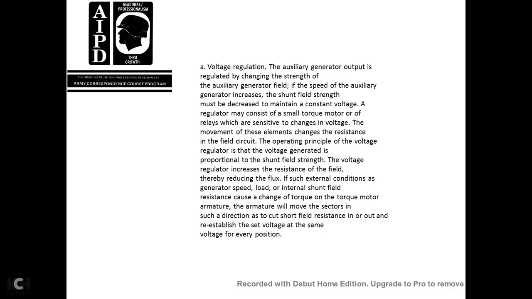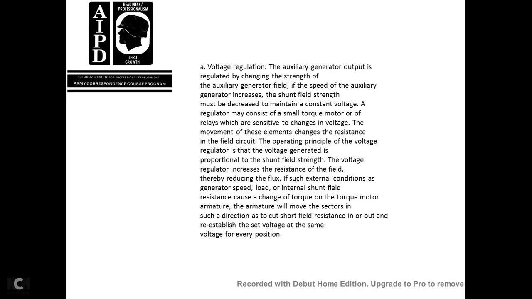Voltage regulation. The auxiliary generator output is regulated with the changing of the field strength. As the auxiliary generator speed increases, the shunt field strength must be decreased to maintain a consistent voltage. A regulator may consist of a small torque motor or relays sensitive to changes in voltage. The movement of these elements changes the resistance of the field circuit. The operating principle of the voltage regulator is that the voltage generated is proportional to the shunt field strength. The voltage regulator increases the resistance